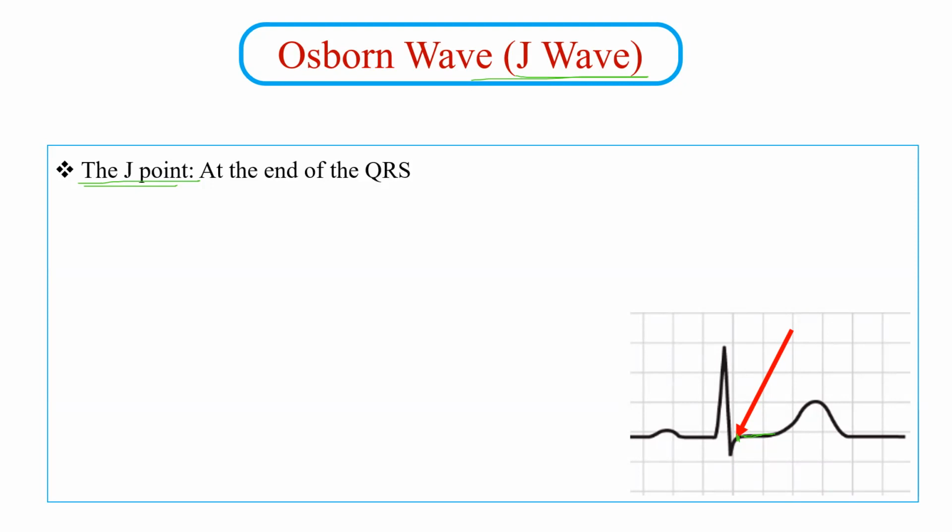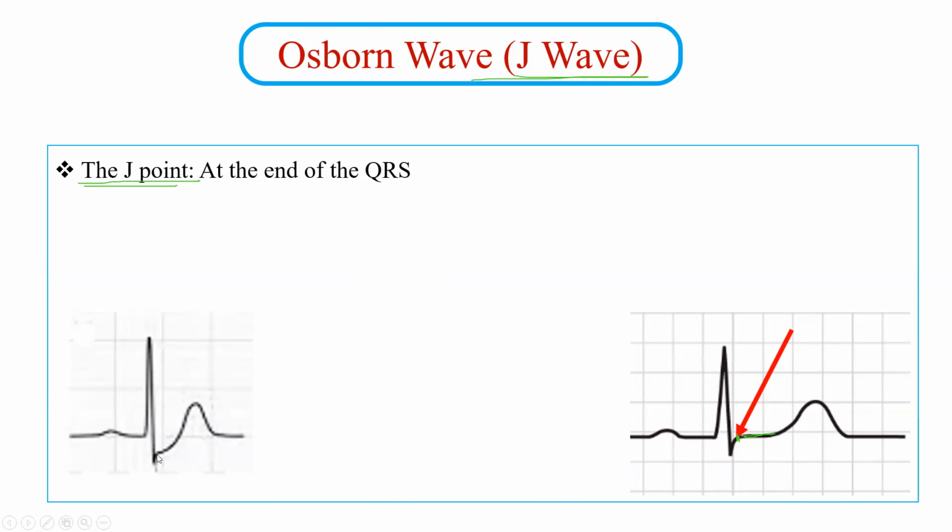And it represents the end of depolarization. And we remember that depolarization is presented on the ECG as a QRS complex. And so this J point represents the end of depolarization and the beginning of repolarization. So again, this J point will be found in all EKGs regardless of the